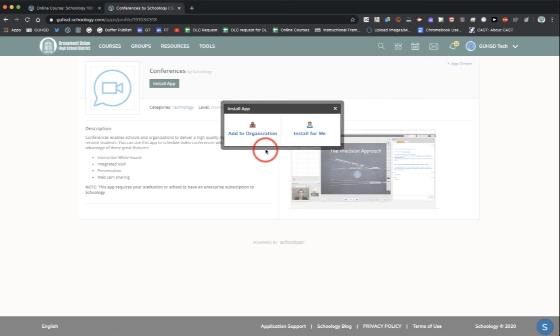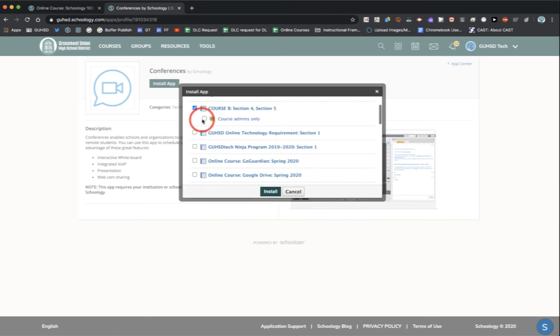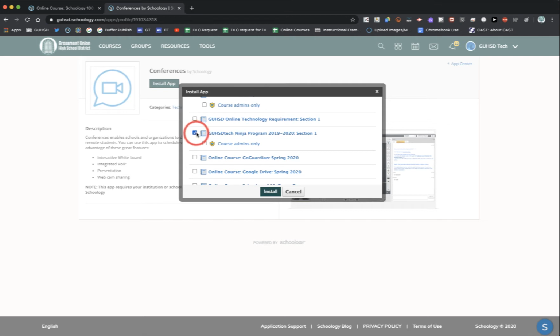Agree to the permissions and then install the app in the courses that you want. You're going to do so by just selecting those courses, and want to make sure you select the courses so that it installs not only for you but also for your students. So we want to click on this checkbox on the left of the course title. Once you select all the courses you want this app installed in, click on Install,